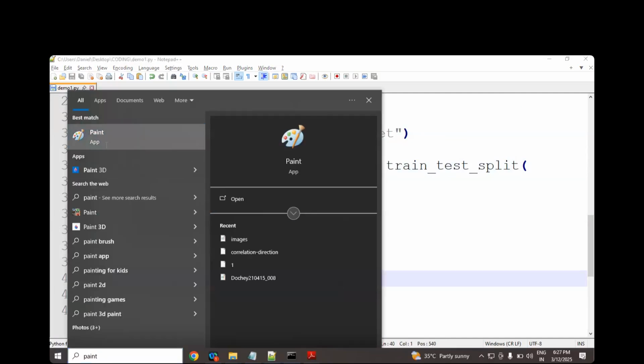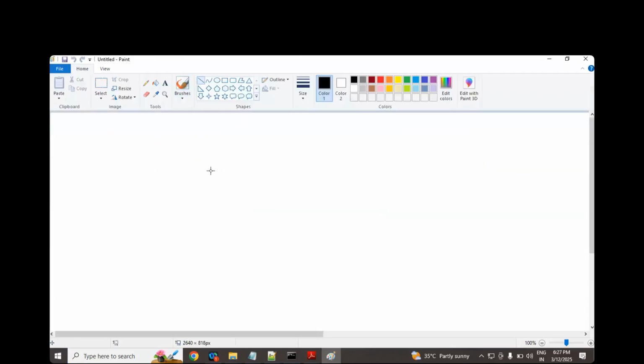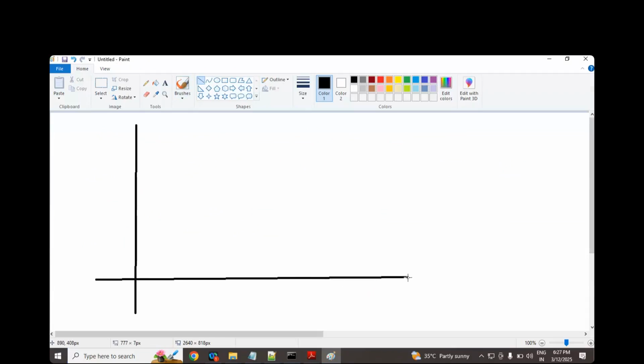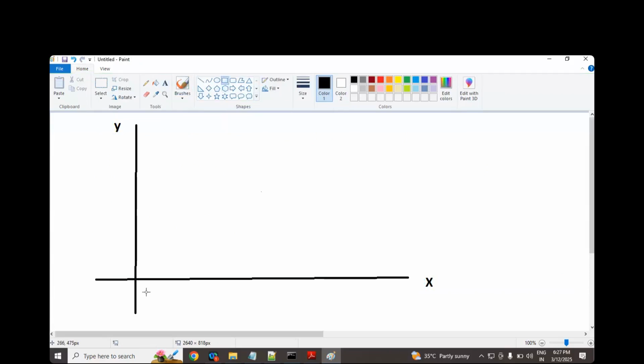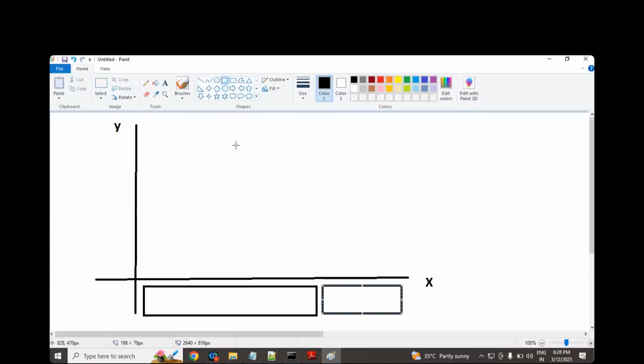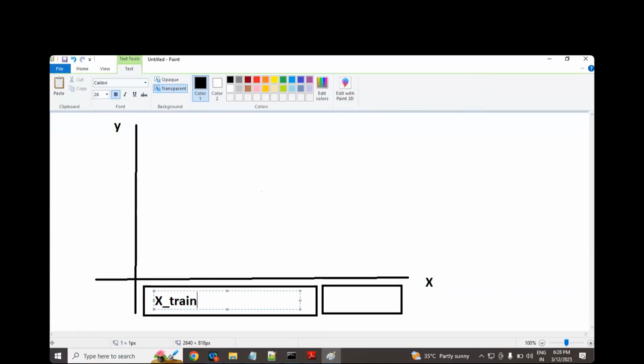Let me draw the diagram. This one is X. This one would be Y. From here to here, X train. Here to here, X test. Can somebody say? What is this? X underscore train. What is the ratio? Very good, 80%.